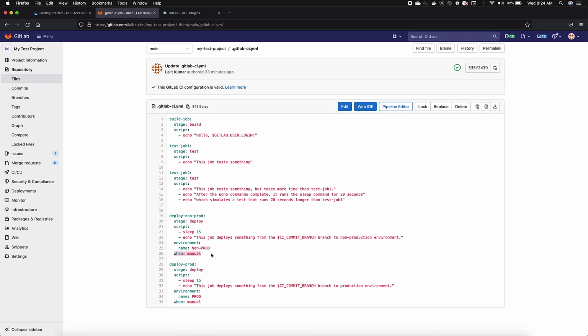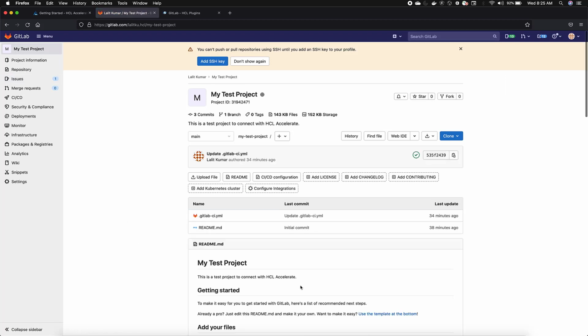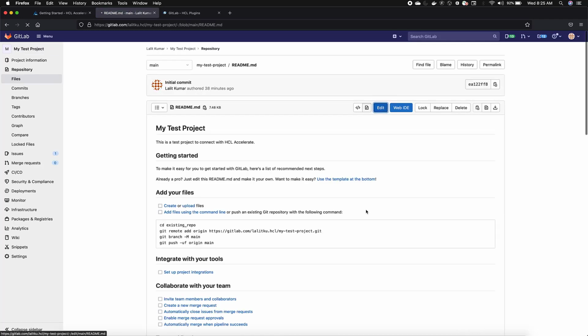We will trigger these jobs manually from HCL Accelerate. Whenever I make a change to this repository and push it to the main branch, this GitLab ci.yml file will run itself.